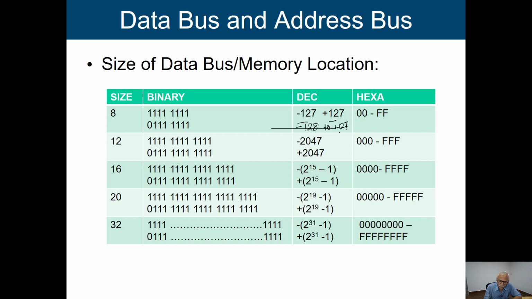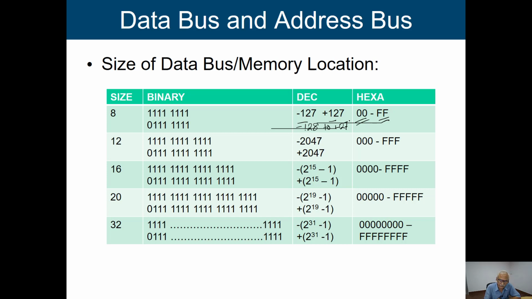Now what are the contents? It will go from all 0 to all 1. That means a total of 256 different combinations. So we have to assign some decimal values to those particular representations. And already we have seen how we are going to represent negative numbers if we are using 2's complement form. So some of these bit patterns will be used to indicate positive integers, some will be used to indicate negative integers, and one representation is going to represent our 0.